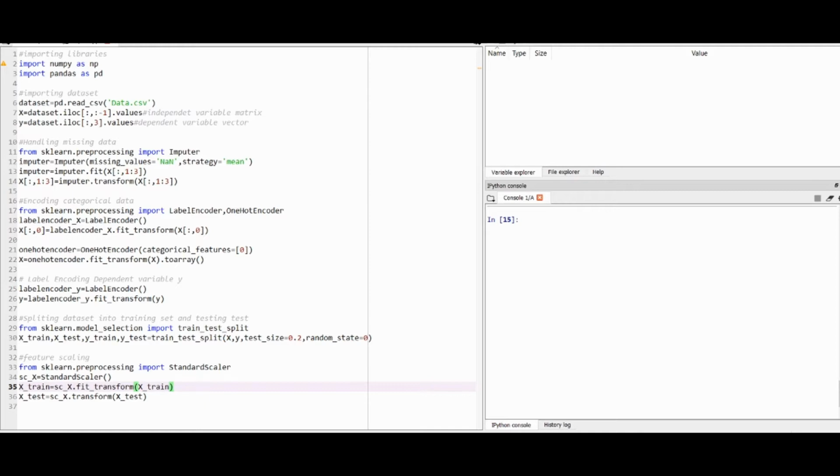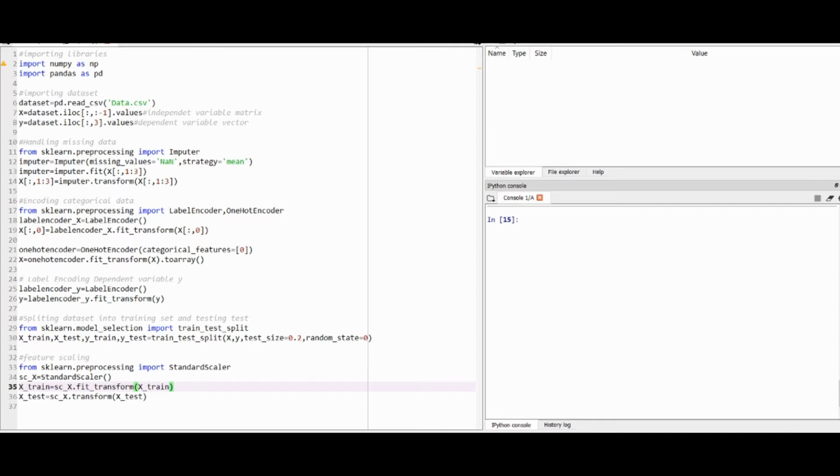Now X equal to dataset.iloc. Here iloc is a predefined method to import our desired columns. In this square bracket we first write a colon. The first colon represents all the rows in our dataset, comma colon -1 represents all the columns in our dataset except the last one, dot values.